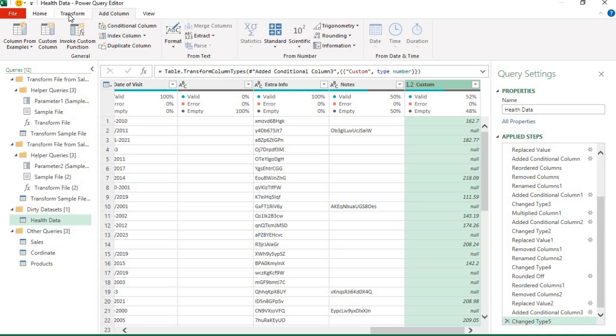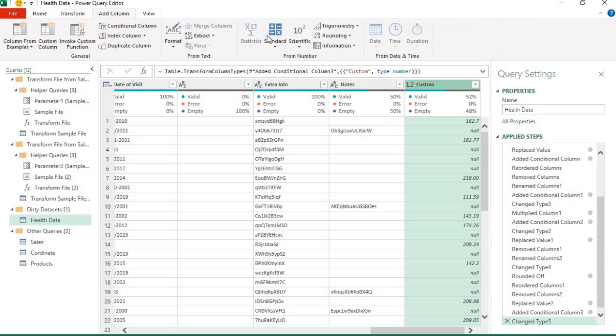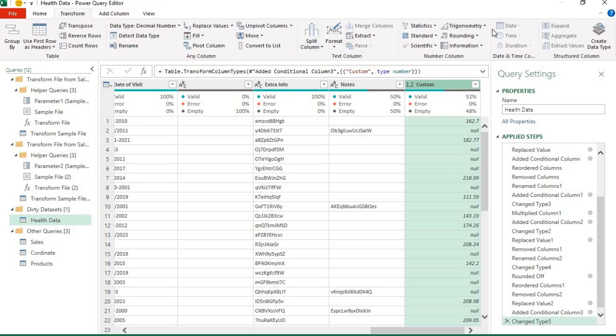Now, you know that standard is in this transform. This standard in transform will do the conversion inside the column and will not give you an extra one. But if you use the standard in this add column, it will give you an extra one. So sometimes you might need to have it in a different column, but in this case we don't even need it. We want it to actually happen here. So we'll just do it in the transform tab. Then we standard and multiply by